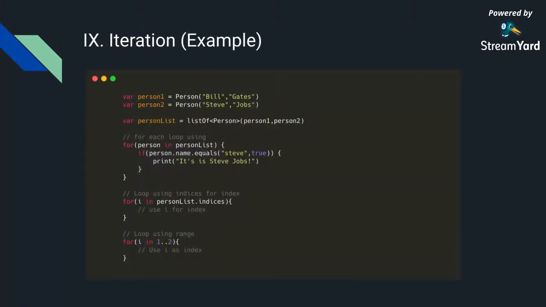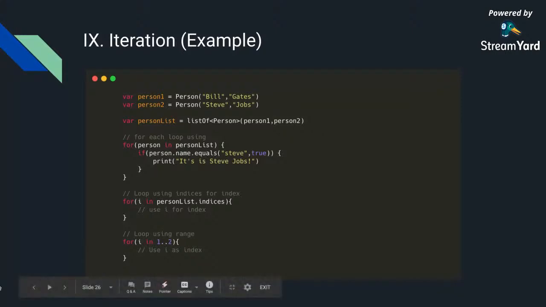So here's the example. I have two people over here. Person is a class that I've borrowed from the last example, and person has a first name and a last name. So I have two famous people, Bill Gates and Steve Jobs. Person one and person two are there, and then I've made a list called person list. Like we saw in the last example, you declare a list with listOf. I specified the type here as person. In the last example, it was string. Here, this list can only contain type person. These two people I have just added to the list while I instantiated. So now I have a list of people. It contains two people, Bill and Steve.